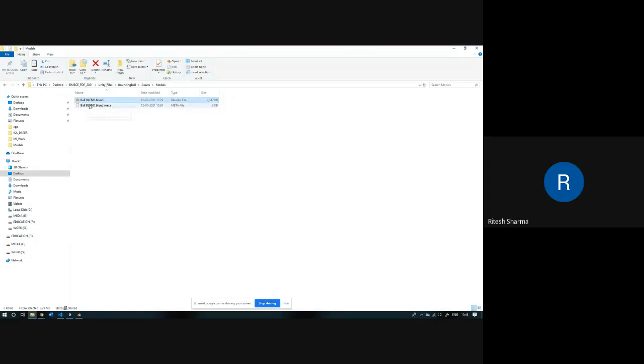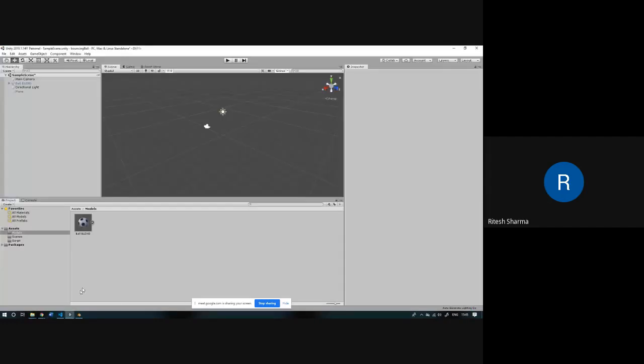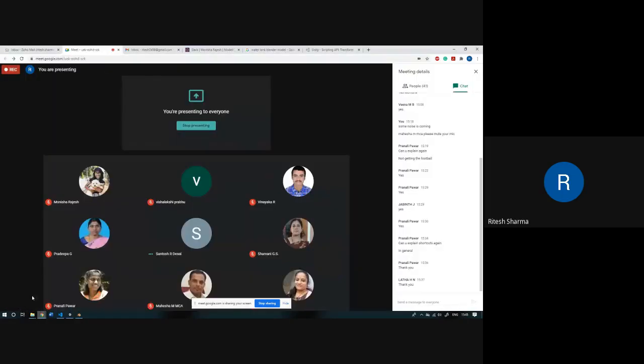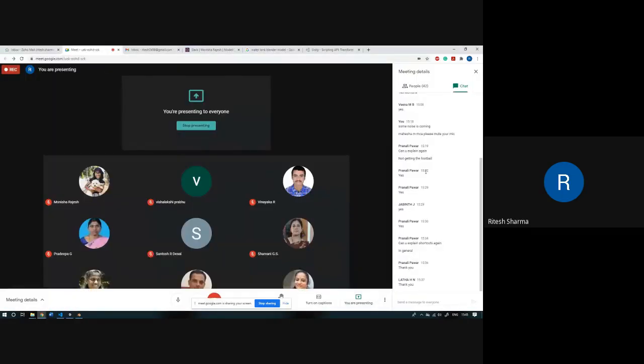For example, the file name in this case is ball.blend.meta, which is just meta information about the model. Similarly, such files are created for scripts as well, but that is auto generated, so no need to worry about that. I guess everybody's following it.